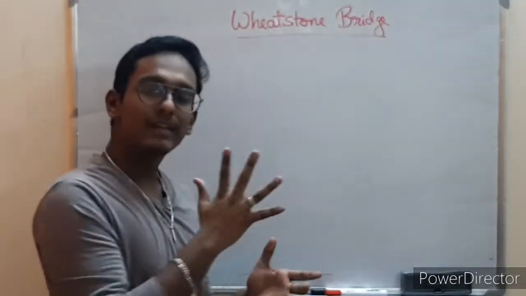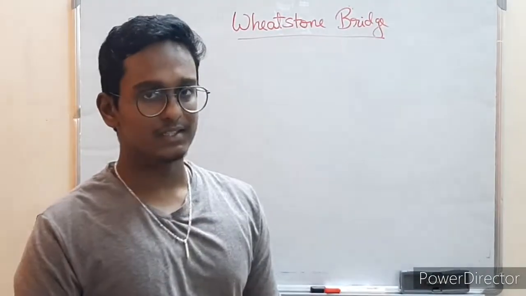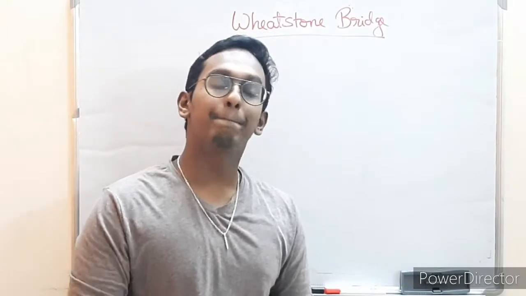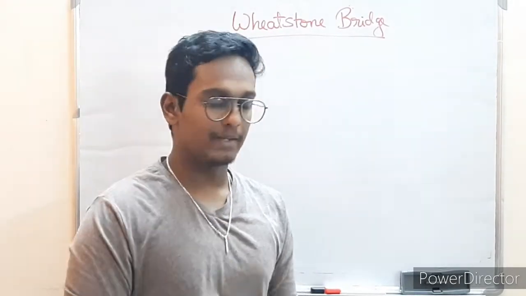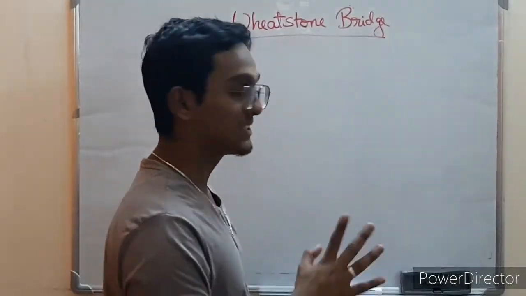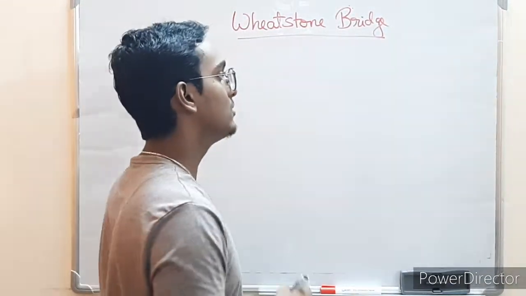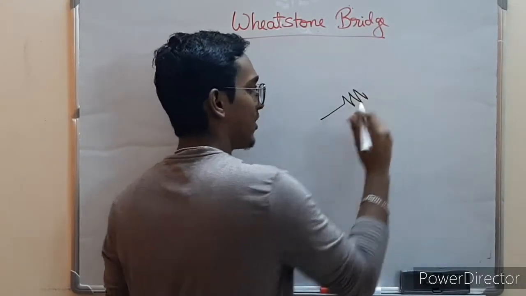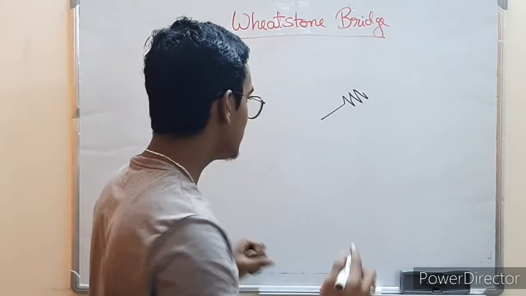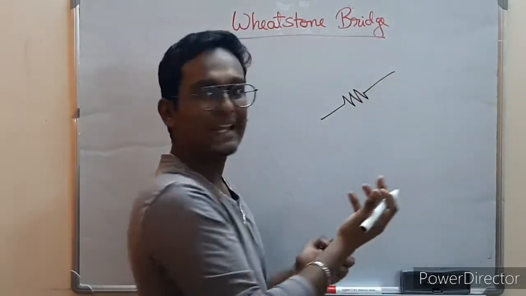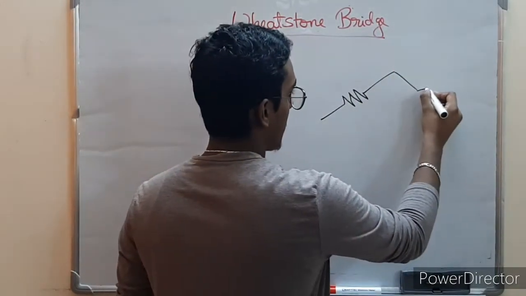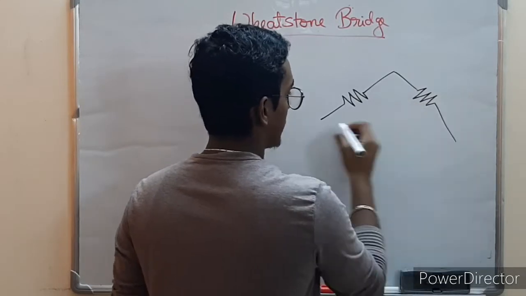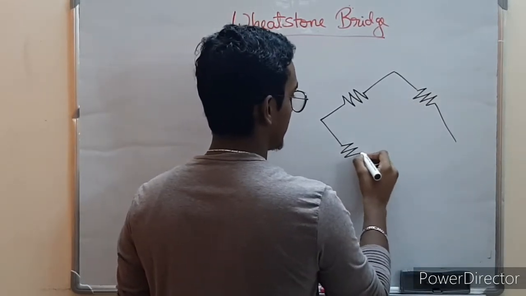This method is to find out an unknown resistance with three other given resistances using a method known as the zero balancing method. So first let's see how to set up the resistors we know and the one resistor which we want to know. It's going to be in this diamond form. The way we draw it as a diamond is not exactly important, but it's just more elegant. So we have resistors set up in this way.